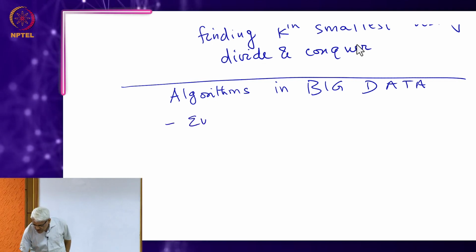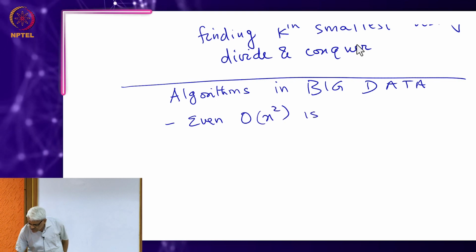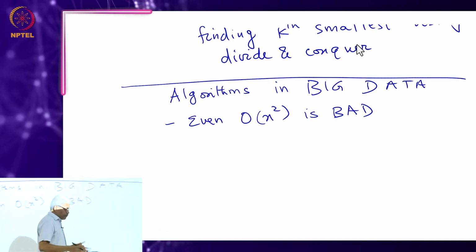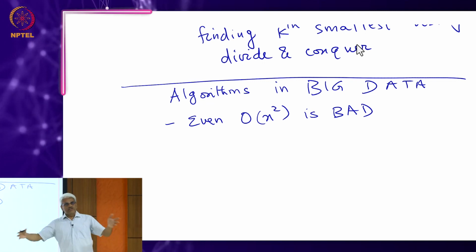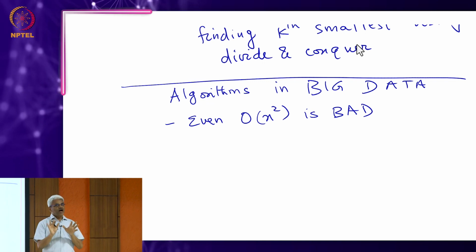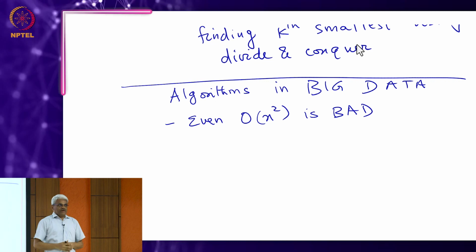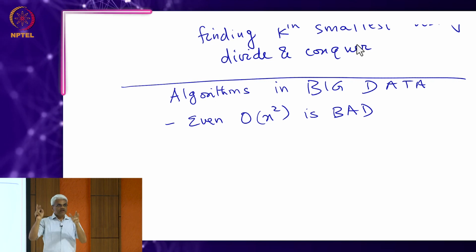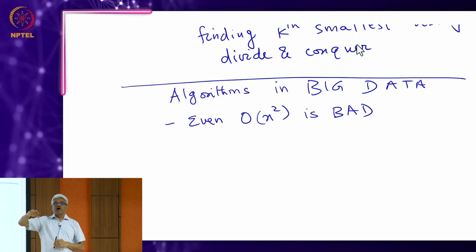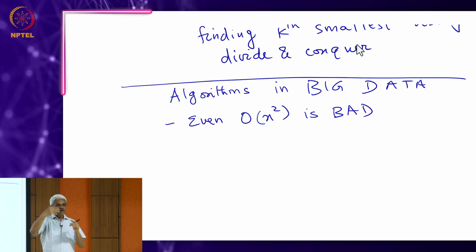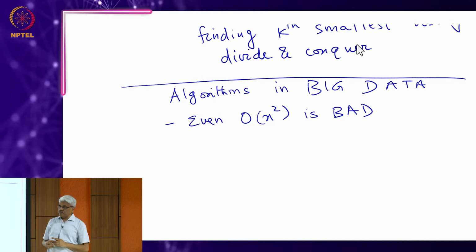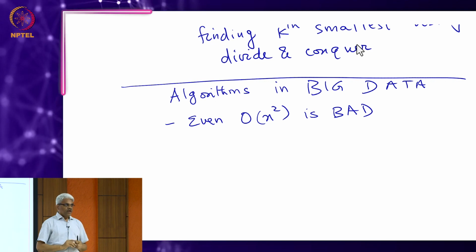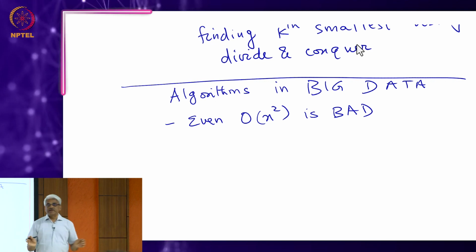So I'm going to say even n square is bad, right? If you've done a course on algorithms, we say that polynomial time is good. There is the notion of NP completeness. How many people have seen NP completeness? Okay, good. NP completeness tells you that there is a class of problems which are very difficult to solve, where difficult means that you can't solve them in polynomial time, you can't have an n power 10 algorithm or an n cubed algorithm. Polynomial time was thought of as something you can do in practice. But in the big data world, even an n square algorithm is bad because,